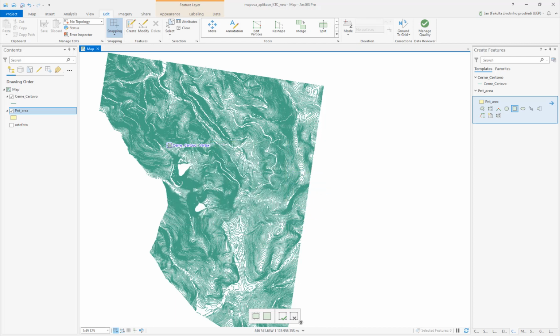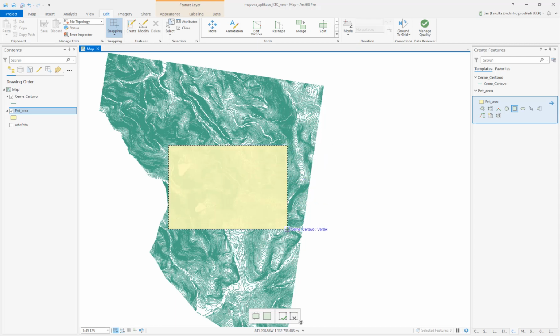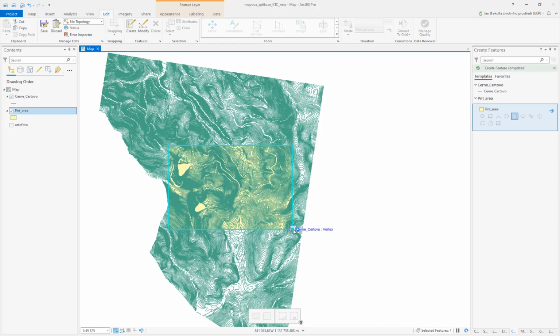No, it should be perpendicular to the axis, which is hard to draw. Okay, I do it like this, okay? I save it. And then